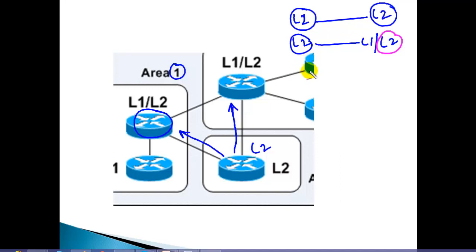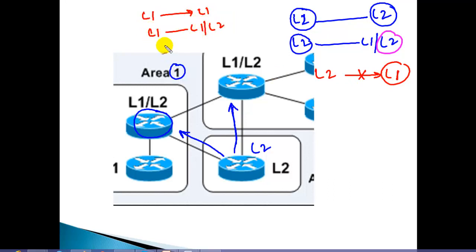But this level 2 router will not form neighborship or exchange routes with level 1, because by default level 1 is internal within the area. So level 1 will exchange routes with level 1 level 2, and level 1 level 2 exchange routes with level 2, but level 1 and level 2 routers will not exchange routes and will not form neighborship. Okay, so this is one thing we need to keep in mind, especially what we call a level mismatch. If that occurs, they will not form neighborship and they will not exchange the routes.